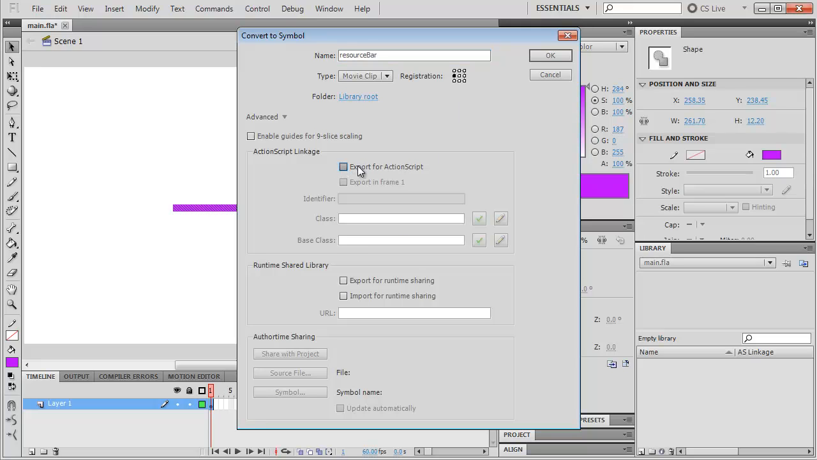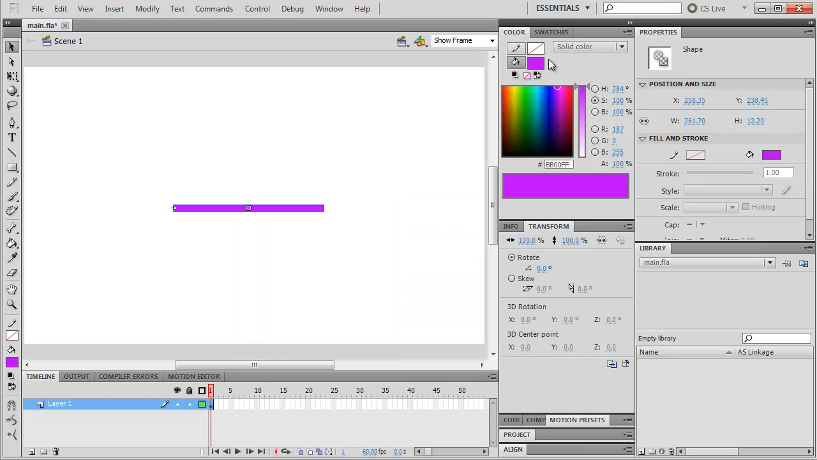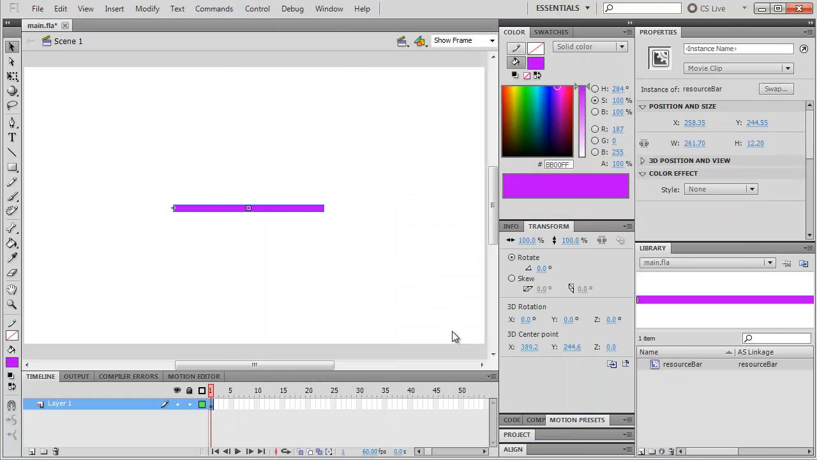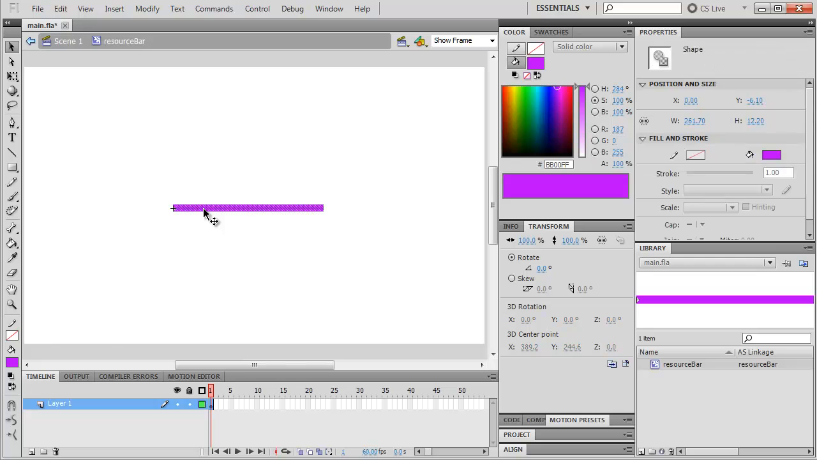So we're going to export this for ActionScript. It's going to say resource bar, and a very important step is make sure the registration point is in the left middle, because we want our bar to start from this area and grow outwards. So that's why the registration point's here. If you wanted your bar to go from the other way, you can set it to the right side. So go ahead and press OK, and I'm going to hop into my resource bar by double clicking on it,